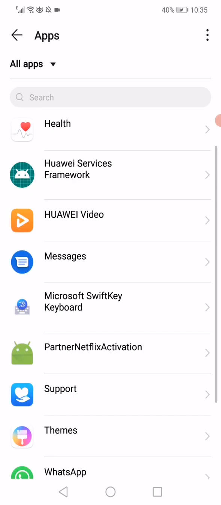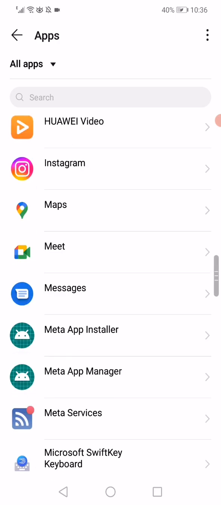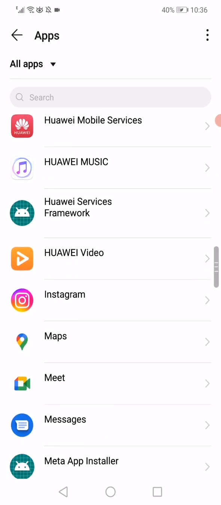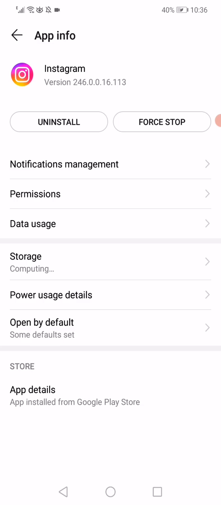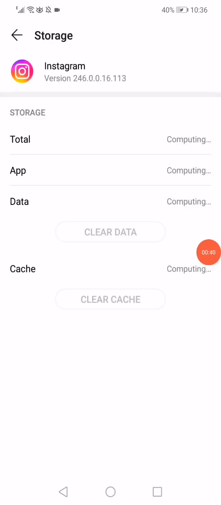Scroll all the way down until you find Instagram, and when you find it, all you have to do is click on it. Now click here on force stop and then go down to the storage. Right here you need to wait a few seconds. It will start computing the data number that you have, and when it finishes,